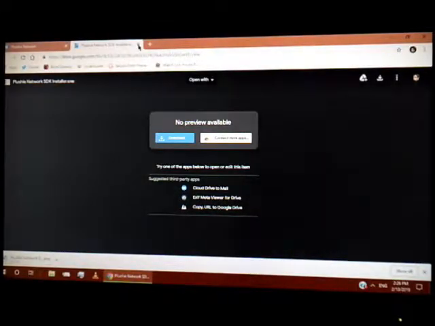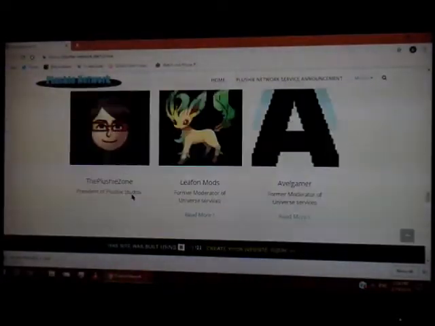But actually, wait. There's some other things you're going to need to download as well, because there's some patches to the actual software. So you have to install the patchers and then patch the software. But you're going to have to first install the Plushie Network SDK. So we can close out of this. That's going to be downloading. So you're going to go up to downloads, and